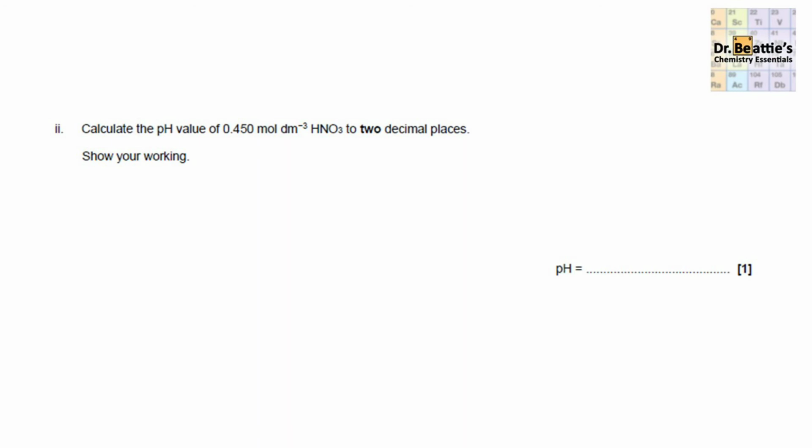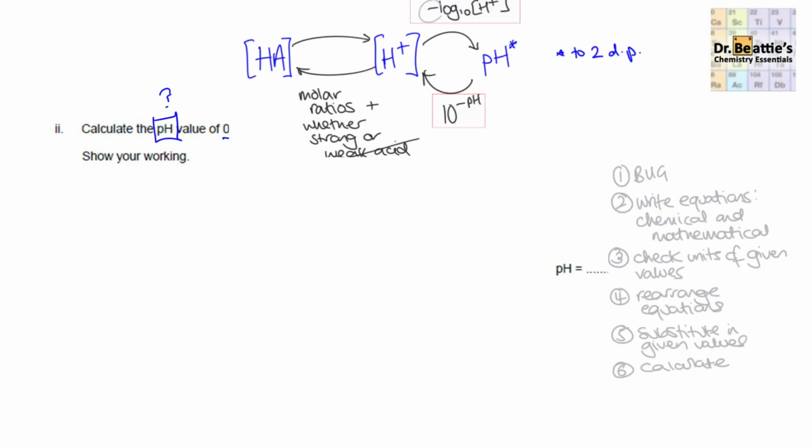Okay, so you should, if you've had a go at this, have come up with the pH as being 0.35 to 2 decimal places. And this is because we're trying to calculate the pH. The mathematical equation we need is minus log of the H+. To work out the concentration of H+, we need the concentration of the original acid. And the chemical equation for this, because it's a monoprotic acid, means that with